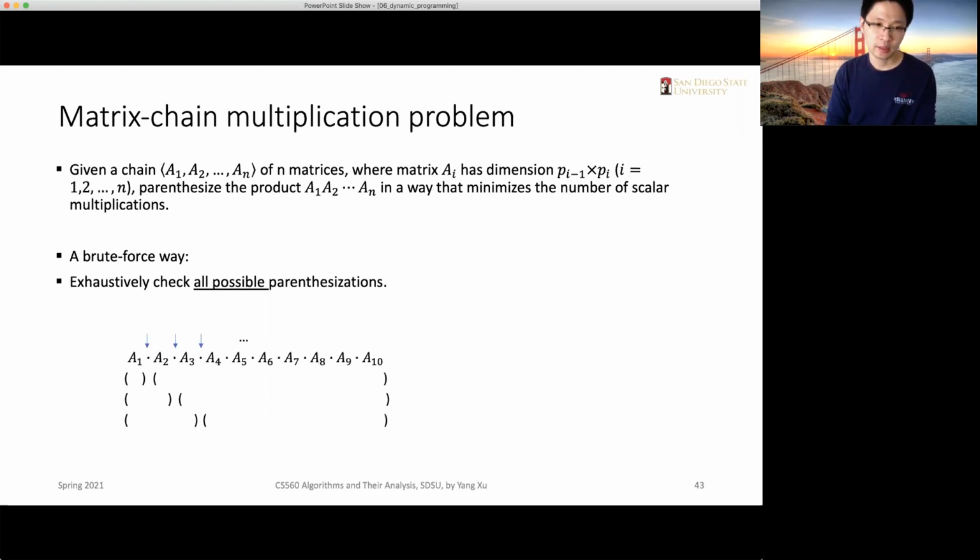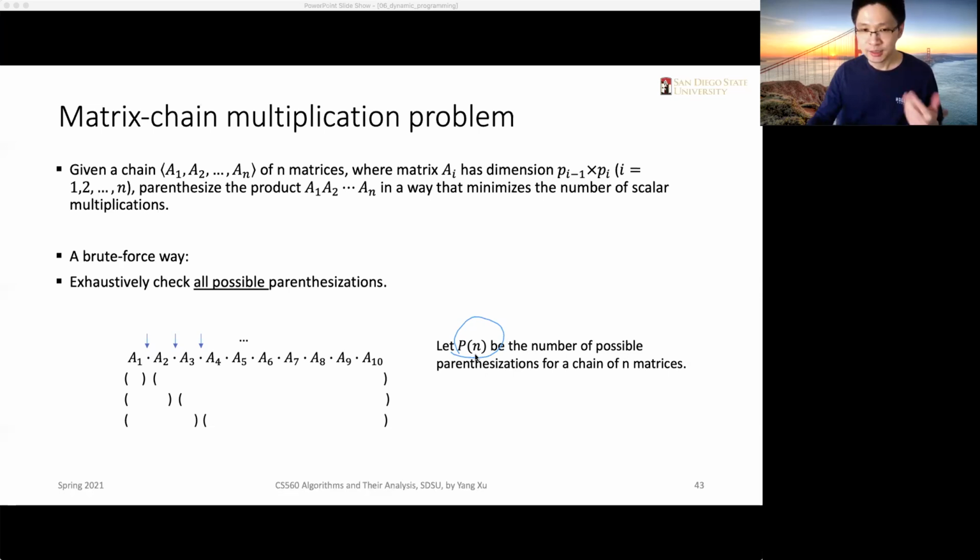So let capital P of n be the number of possible parenthesizations for a chain of n